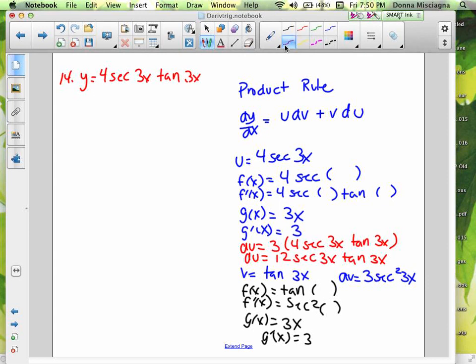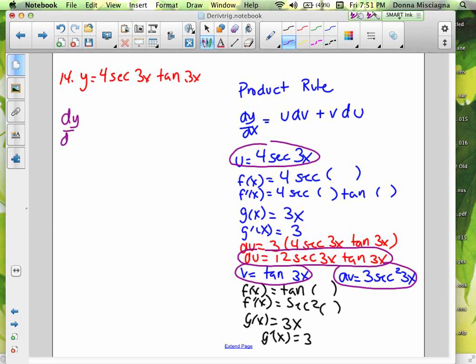Purple here. We have the u, we have the du, we have the v, and the dv. And let's just plug that in to get our derivative here. All right, so dy dx is the u, secant 3x, times dv, which is 3 secant